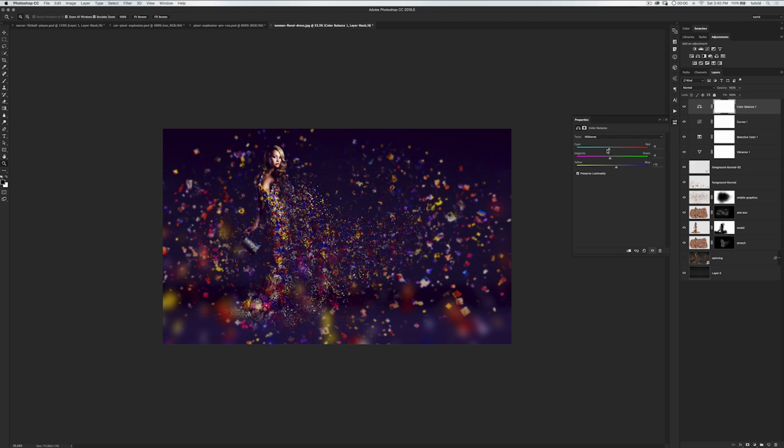Again, a little bit of magenta. I think I'll go a little cyan there in the midtones. Highlights. Again, let's try with yellow. Yeah, I definitely like yellow in the highlights more. Maybe just a kiss of green in the highlights, and then probably just a touch of red in the highlights